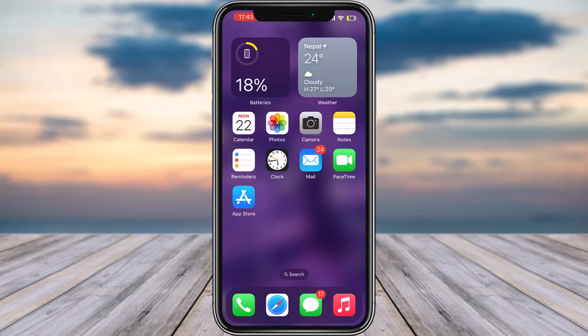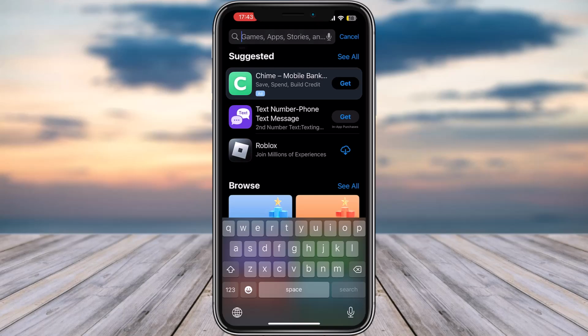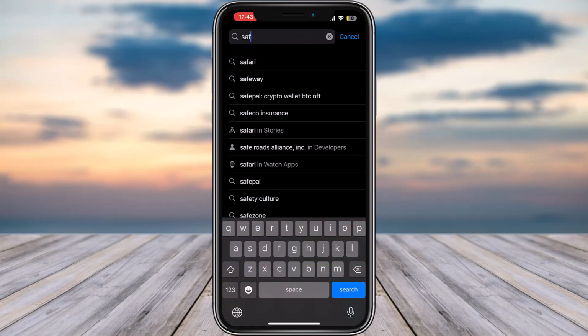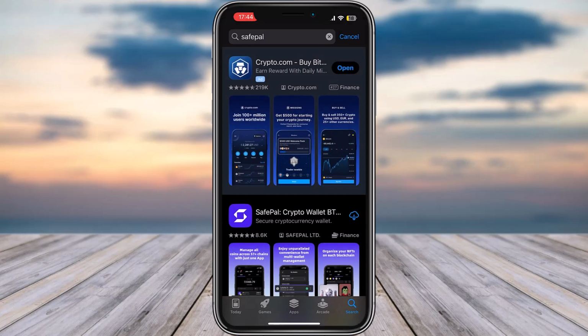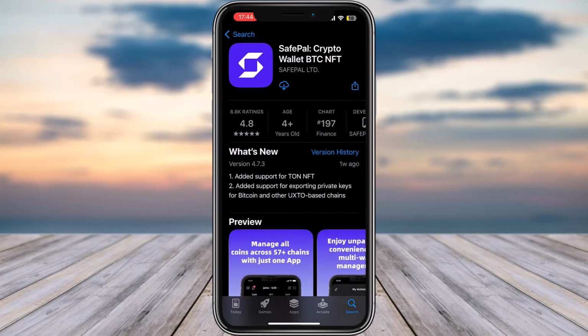Let's get started. So for that, go ahead, open up your app store, go to the search bar, type in Safepal and search it up. Now you can see the app right over here. Tap on this download icon. Once you're done, tap on this option of open right over here,